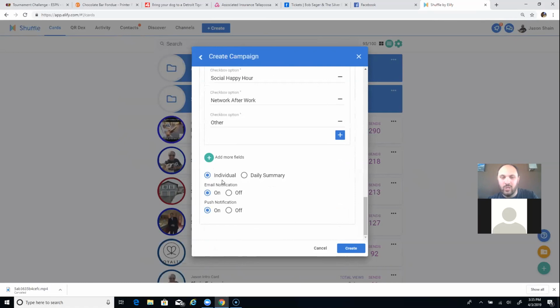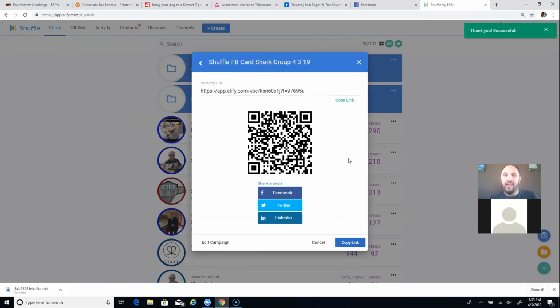And then how do you want to be notified when they fill this form out? Do you want to be notified individually, or have a daily summary of it? And do you want to be notified via email, push to your phone, or both? So now I'm going to create this campaign, and I could either copy this QR code, put it on a